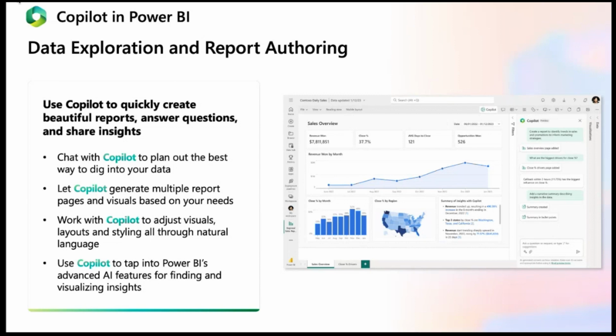We also mentioned copilots everywhere. So Power BI is part of the copilot experience. Power BI can do data exploration. The new copilot features of Power BI are able to create reports and also to adjust the visuals and layouts. And you can see that combining that with Direct Lake can have a huge impact. This is an example of a report created just using Copilot against your data. You just create your model, and it can create some decent reports which you can edit. And if you go to the next slide,